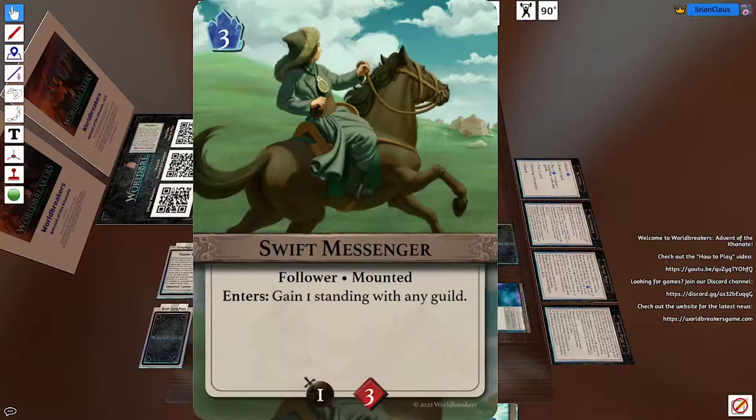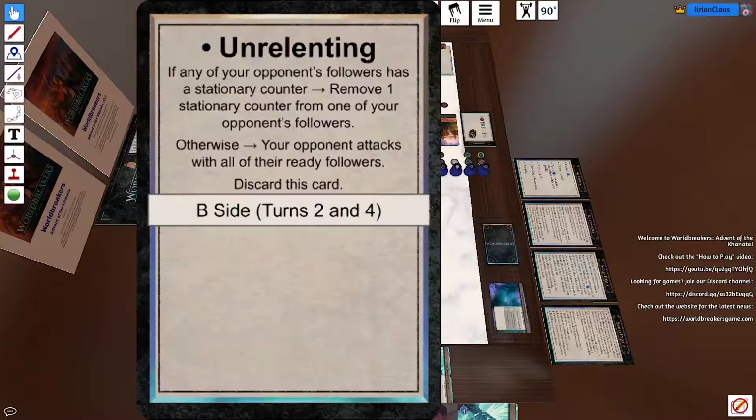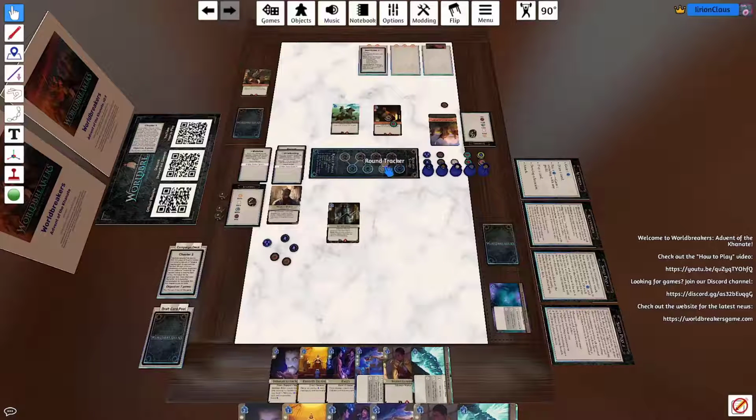And Tengri's Cavalry is going to recruit the Swift Messenger. This is a follower with 1 strength and 3 health. And next turn they're going to be unrelenting. So if any of her followers have stationary counters, they're going to be removed. None of them do, so they're just going to attack. We do have a bit of a leeway because the Sly Sentinel can effectively block both of these. So